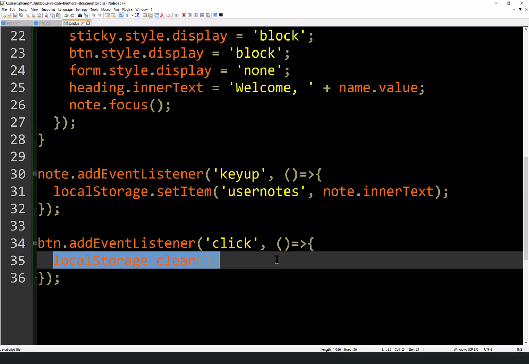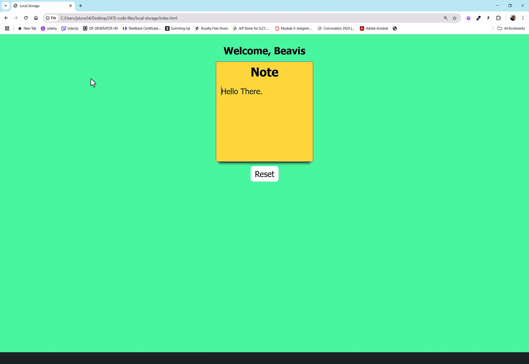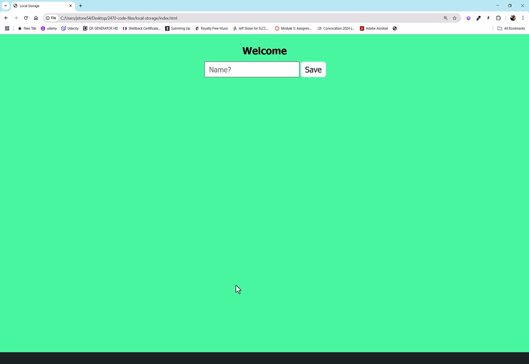So this says local storage.clear, but what is that going to do? If I refresh the page here, everything's still in local storage. I hit reset. The page doesn't look like it changed, but it did clear the local storage. And if I refresh the page, you can see that it's all gone.